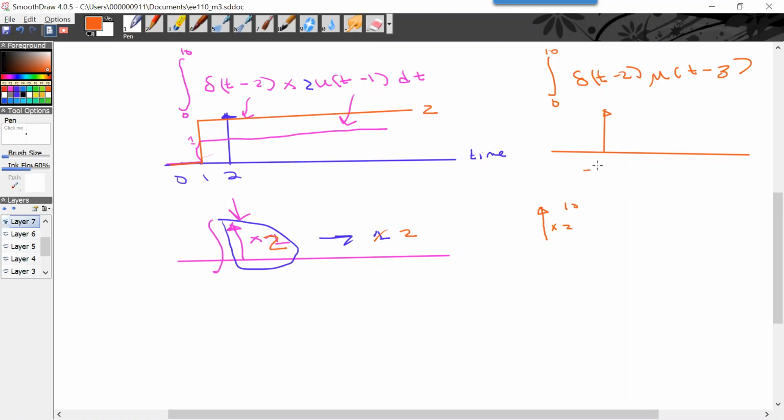Right, so here's my delta at 2, delayed, but the step function doesn't come up till 3, and so it's 0 everywhere. So 0 times 0 is still 0, and then the area, even though we're within the limits, there's nothing. Everything is times 0, so it's going to be 0. So now if we replace this with